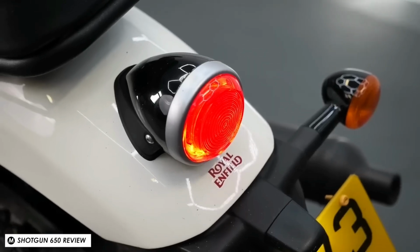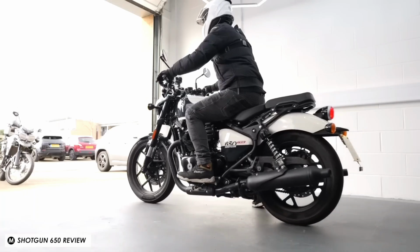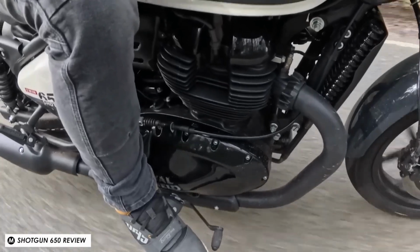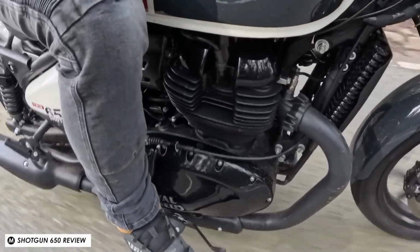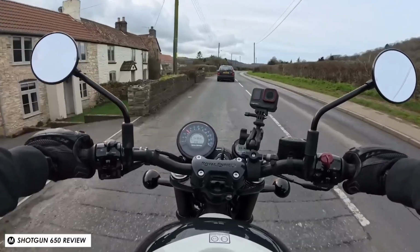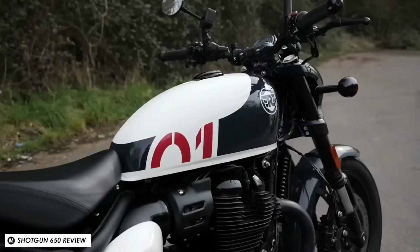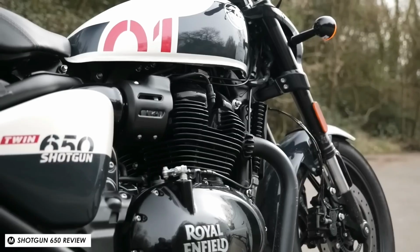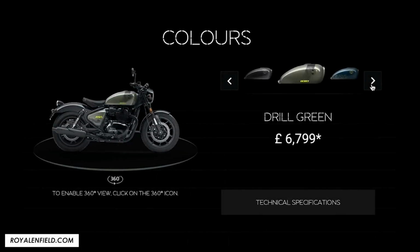It's also an excellent bike to ride with a more upright and aggressive ergonomic that means you can get on top of it a little more. And with the air-cooled parallel twin at the heart of it, there's bags of soul and character. For me, I think I'd have to go for the stencil white paint job that was actually on the bike that we reviewed, but as always, Enfield offer a nice selection of other schemes, so there should be something to